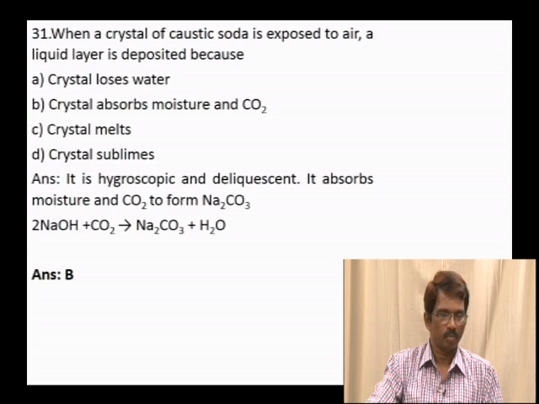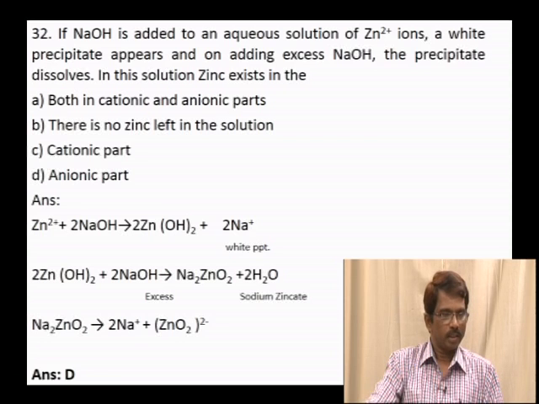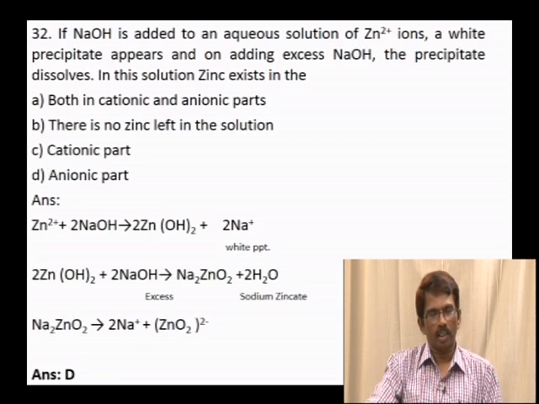Question number 32, if sodium hydroxide is added to an aqueous solution of Zn2+ ions, a white precipitate appears, and on adding excess sodium hydroxide, the precipitate dissolves. In this solution, zinc exists in, the options are: cationic part, anionic part, no zinc left in the solution, cationic part and anionic part. When sodium hydroxide is added to the salt solution of zinc ions, you get a white